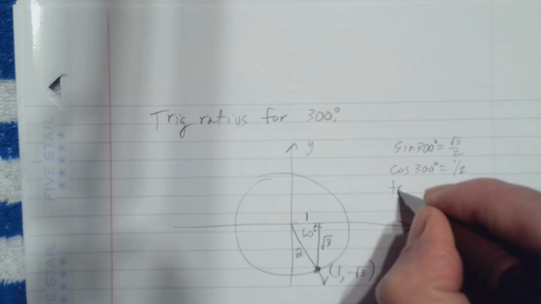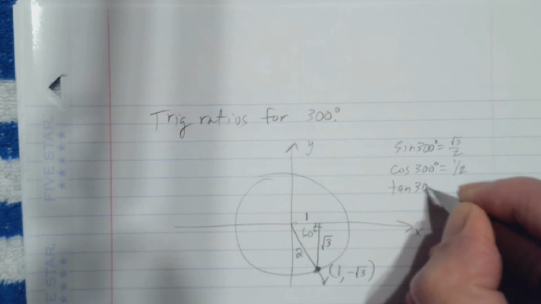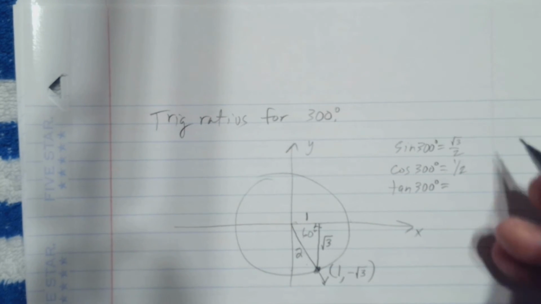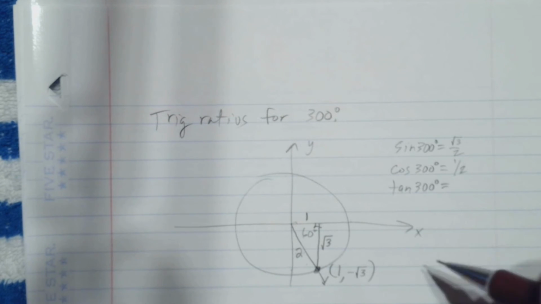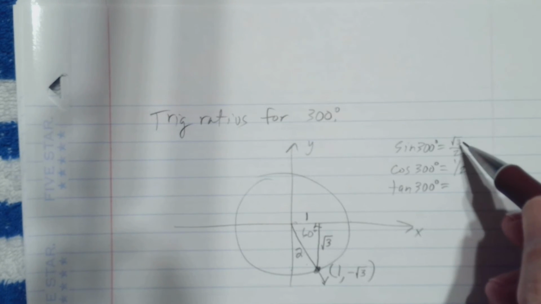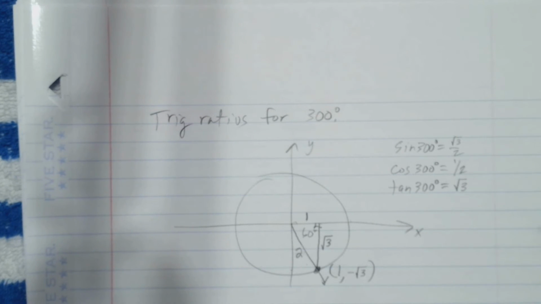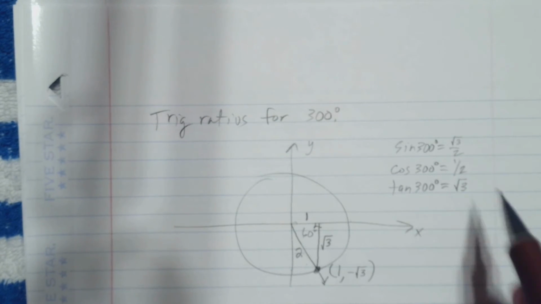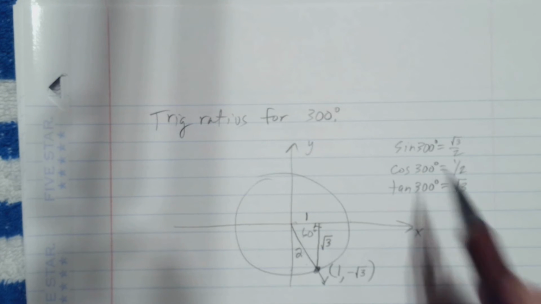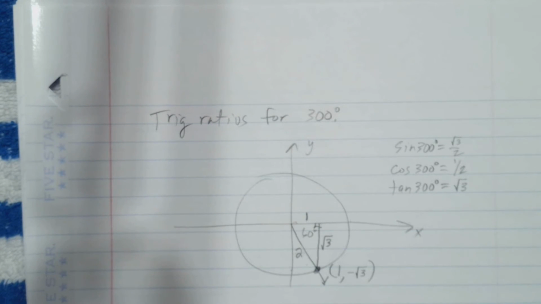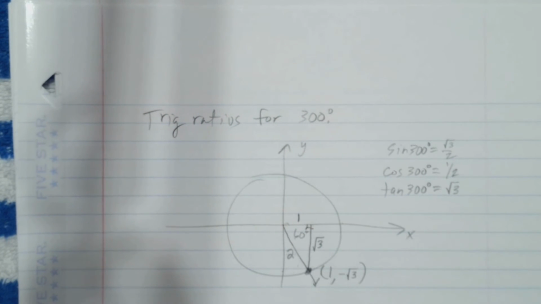And tangent of 300 degrees, well, you could do y over x, or you know it's sine over cosine, that'd be square root of 3 over 1, or just the square root of 3. So you can use the values here, or you can just use what I just did with the reciprocal identity. You know what, that got kind of dark. Oh, there we go. All right, so to find the